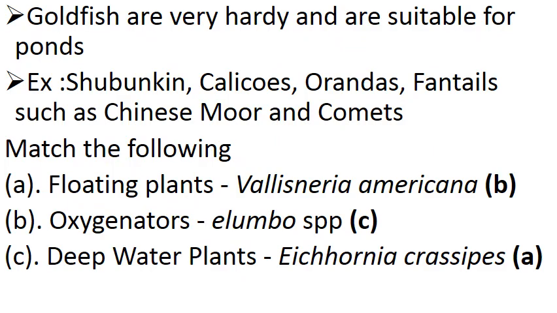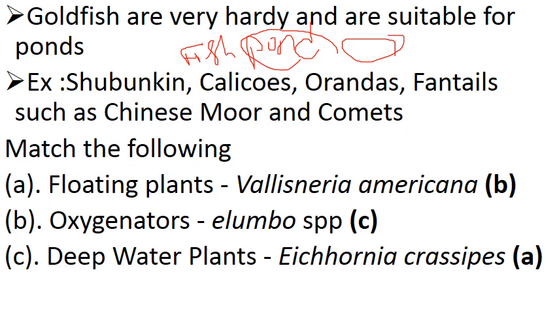We constructed the pond, then we know what to plant in that pond, which species are to be planted at what level of water. We constructed the pond, we planted plants, different submerged plants, floating plants, then finally comes fish. We should put fish in that pond so that a proper water garden will be complete. So goldfish are very hardy species and are suitable for ponds. We don't know what will happen suddenly, if suddenly climate change or suddenly the health of water changes. So the fish should tolerate that environment. Goldfish is the best.